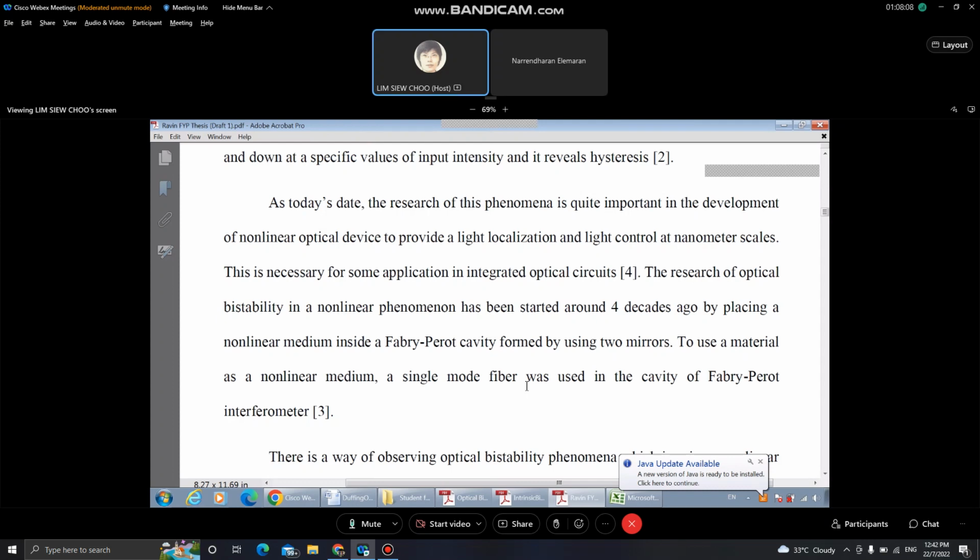And then for the abstract, I don't know. You should write your abstract first in English, then use Google Translate to Malay. When you write the Malay version, do you just translate by yourself, or do you use Google Translate? Maybe you try to write your abstract in English first, then Google Translate back to Malay. I think you should not translate the whole paragraph. You try to translate sentence by sentence.